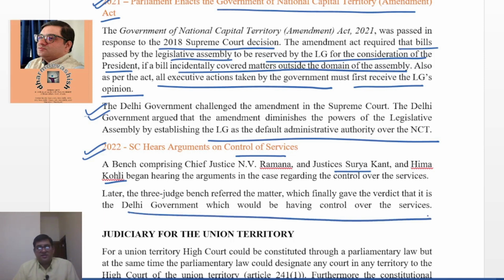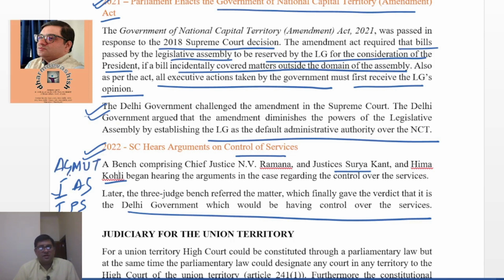As of now, the status is that the Delhi government would have the administrative control over the services, though the cadre controlling authority of the civil services is the central government. For example, you must all know that for the All India services, that is IAS and IPS, the cadre controlling authority, when it comes to UTs, where they are utilized in Union Territories, they are allotted this cadre,